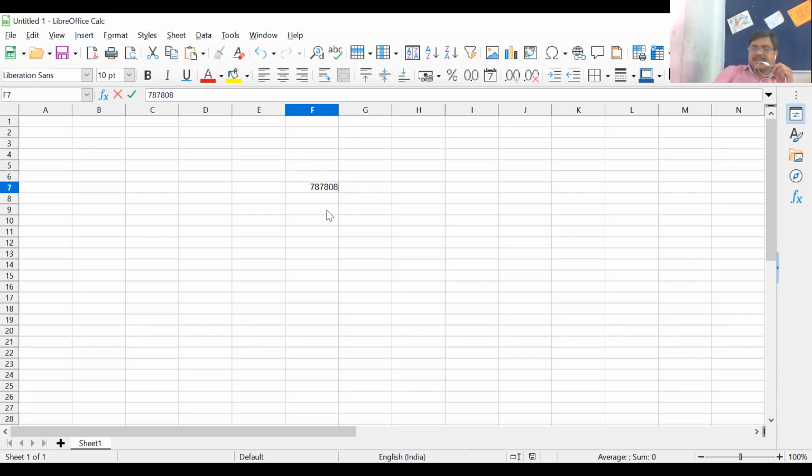Once I go to another place, this will no longer be active. Wherever I keep my mouse pointer, that cell becomes the active cell.